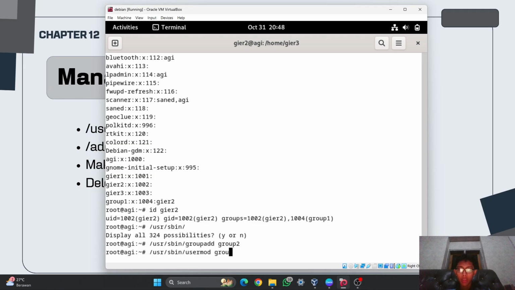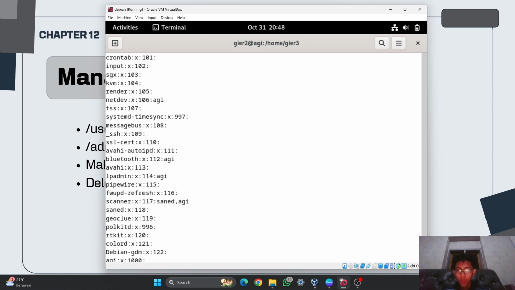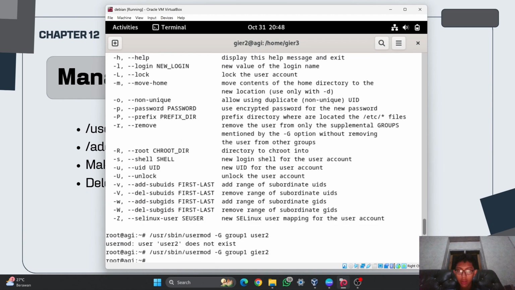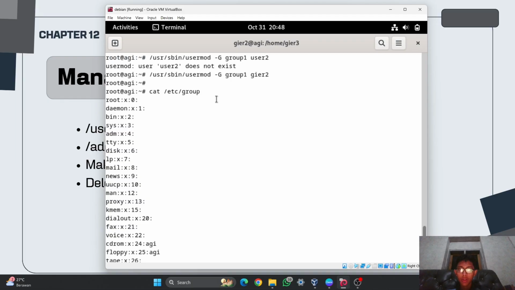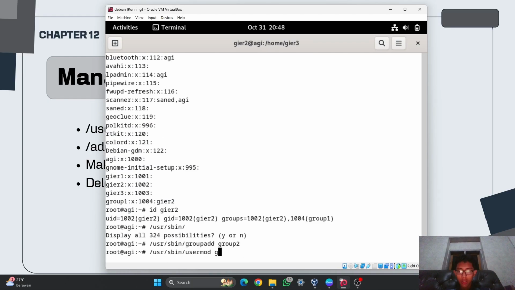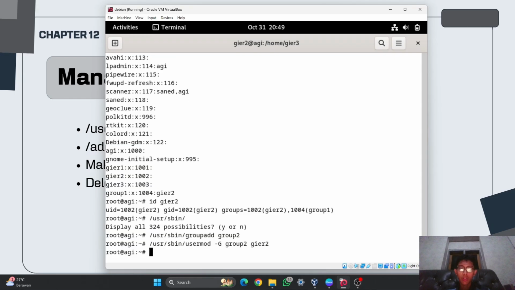I want to make it into group 2. Wait, I a little bit forget, using usermod -g. Okay, -g guys, -g, and then the group 2, and then the name of the user, which is GR2. I want to add GR2 into the group of group 2.